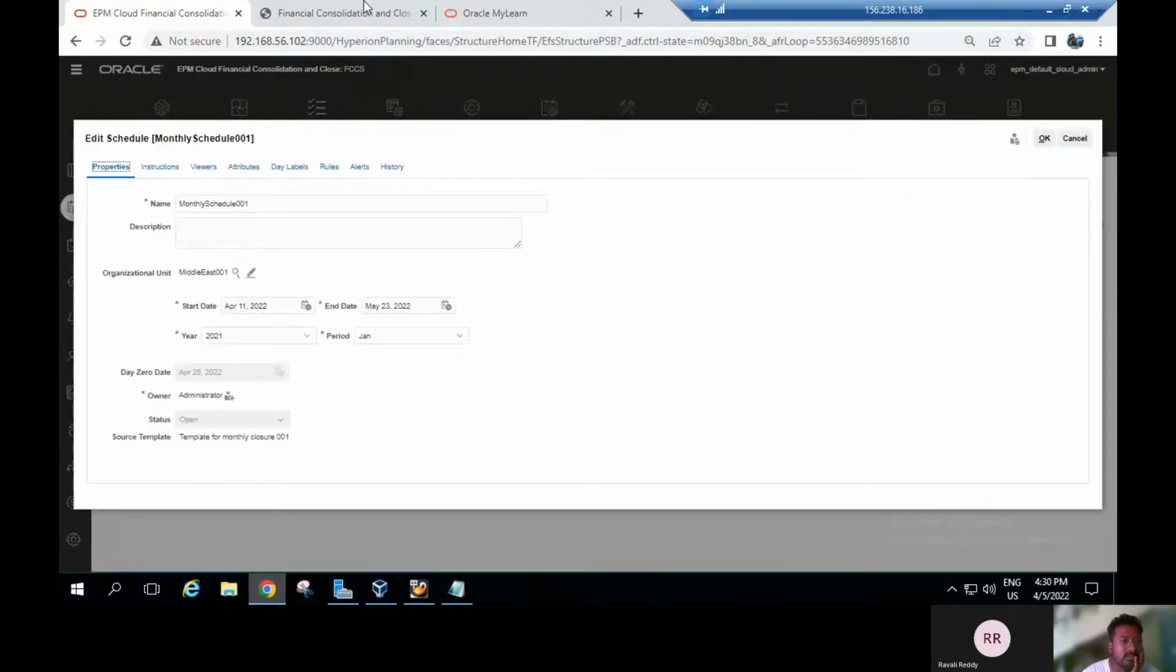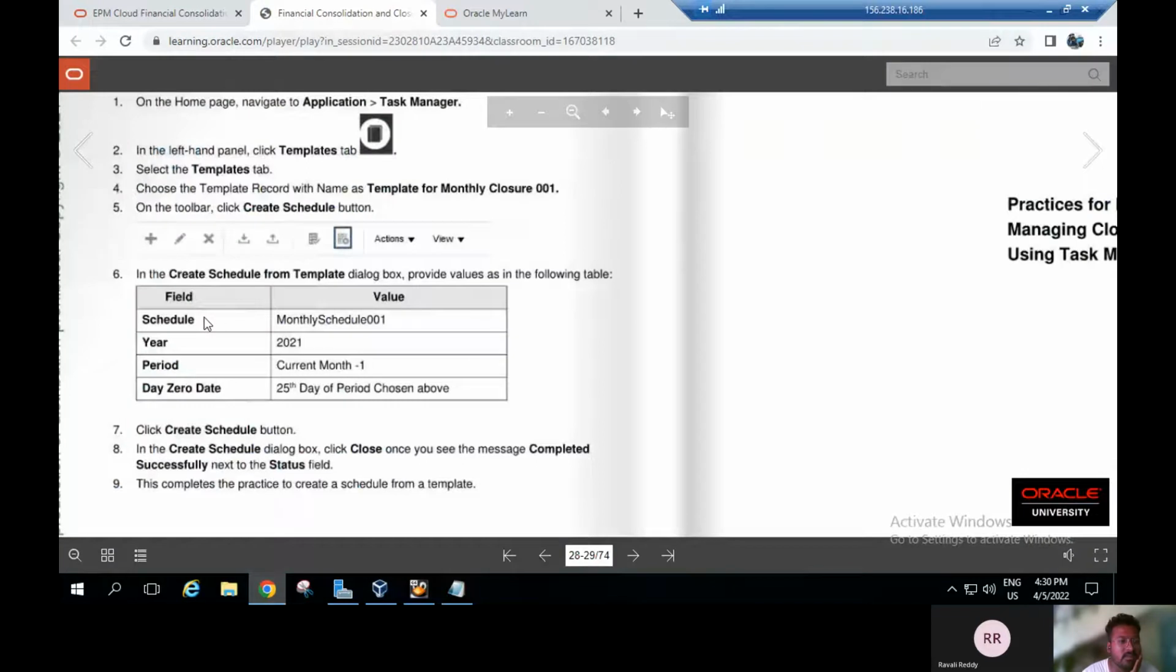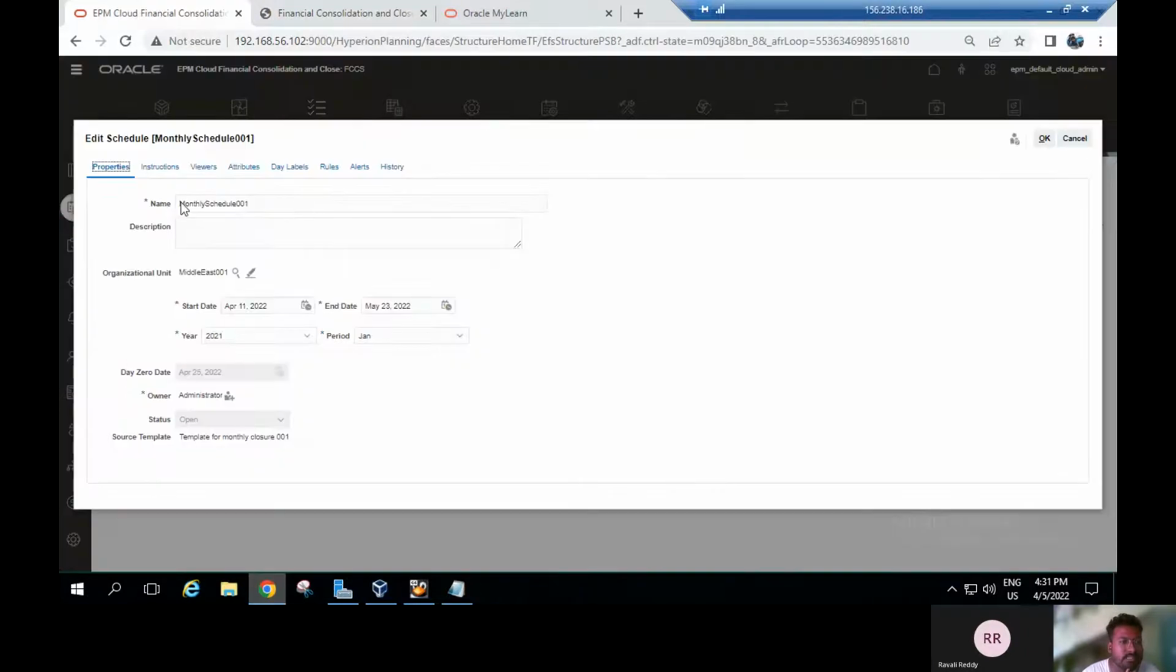See here, as per this documentation I created, my schedule is monthly schedule 001, year is 21, and period is current month, and day is zero data. As the 26th day of period close above. Okay. The name as monthly schedule, and the organization unit is a Middle East one, and starting date is April 11 that taken, and end date is May 23, and the period year is 21, and year is 21, and period is shown. Okay. After that,